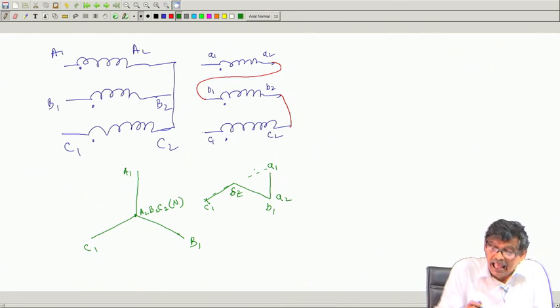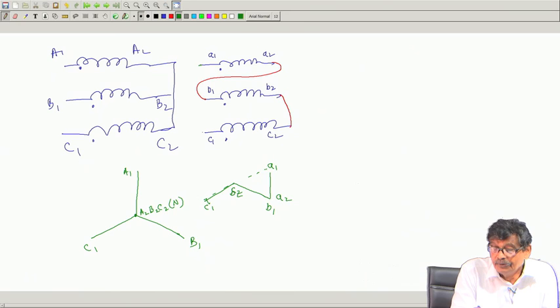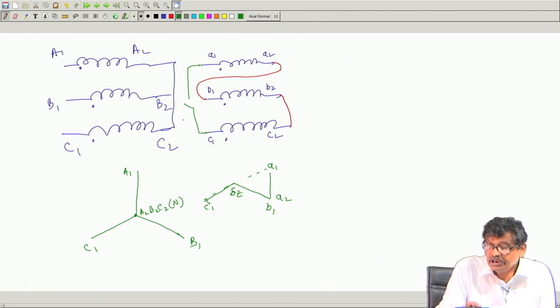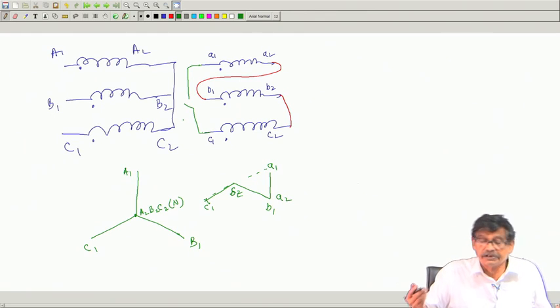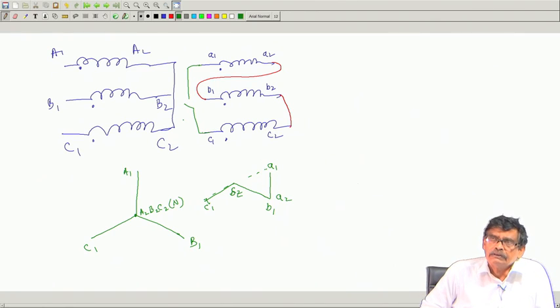A large source voltage will exist, since the secondary after all is becoming a source of voltage. And if you are planning to short these two points, you are virtually short circuiting it. Large current will flow, the transformer may be damaged and so on. Therefore, in star connection you may make a mistake, but in delta connection something terrible is going to happen. You cannot be whimsical, just thinking that delta connection means all in series and you close it. No, this you should not do.